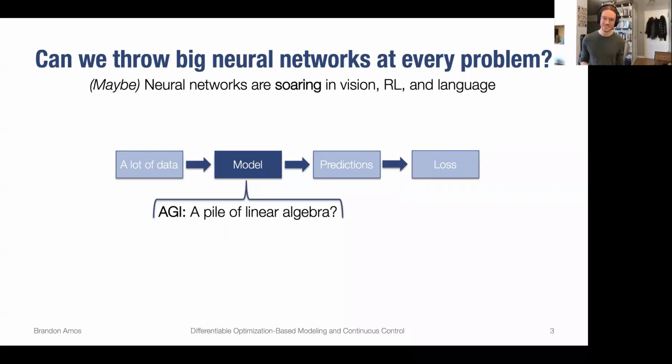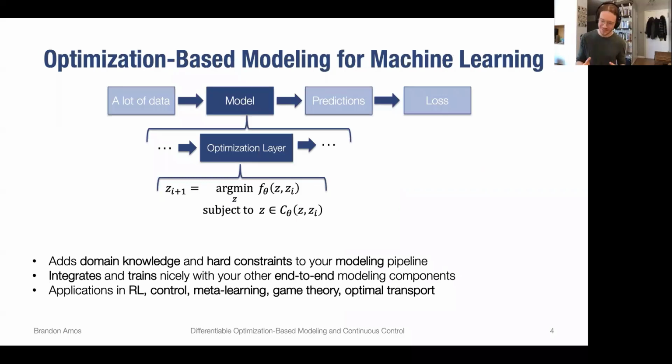But I think there are still a lot of cases where you have some kind of domain knowledge and you want to open up your model a little bit more than the traditional models give you, where you want to learn certain parts of something that's more structured. This additional structure, this additional domain knowledge, can come in a lot of forms. It doesn't necessarily have to come in the form of an optimization problem like what I'm going to be talking about. But I will mostly talk about the optimization way of opening up your model and having specialized optimization components.